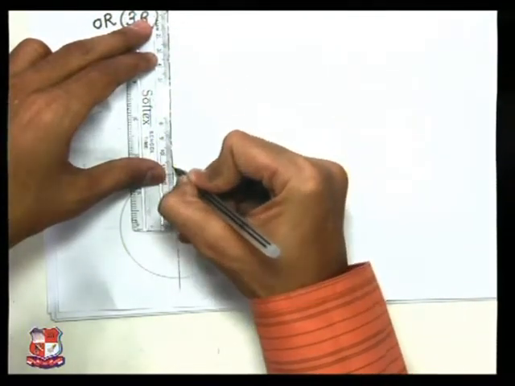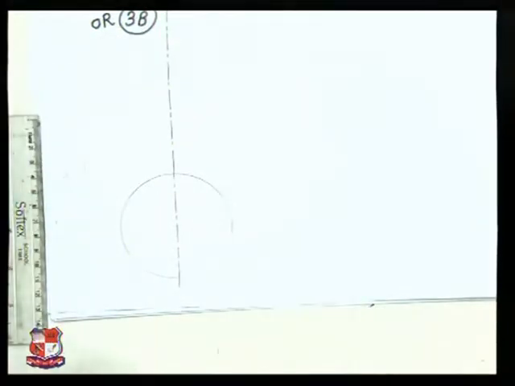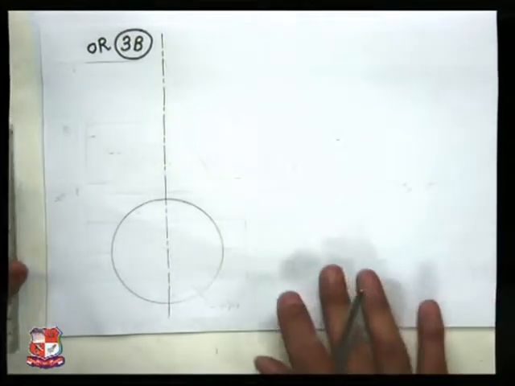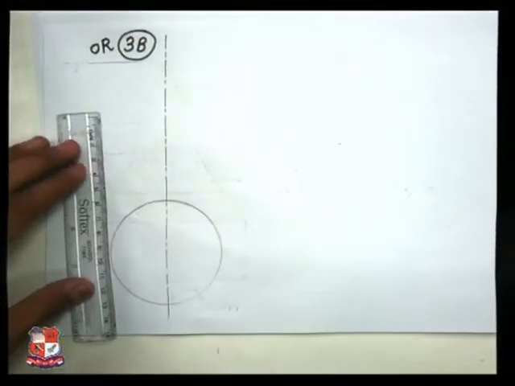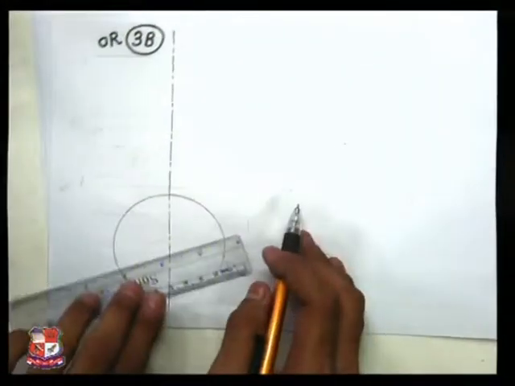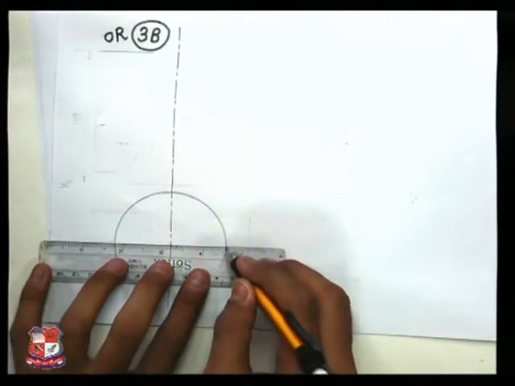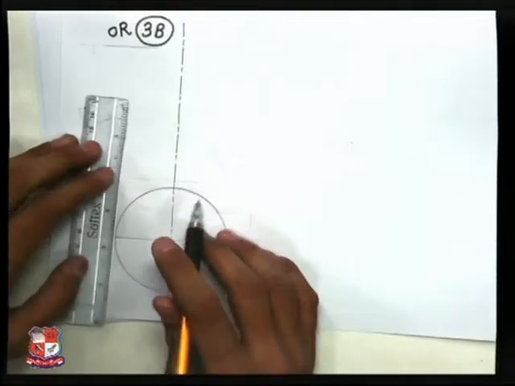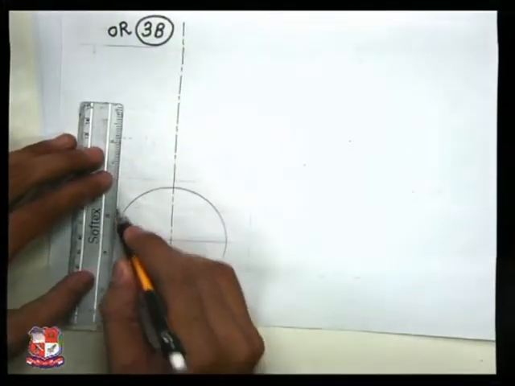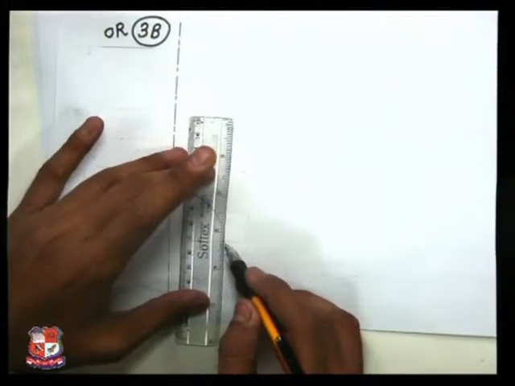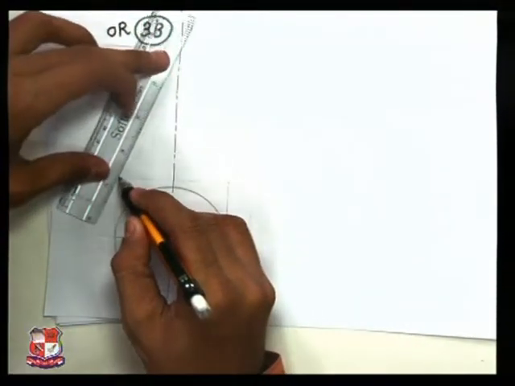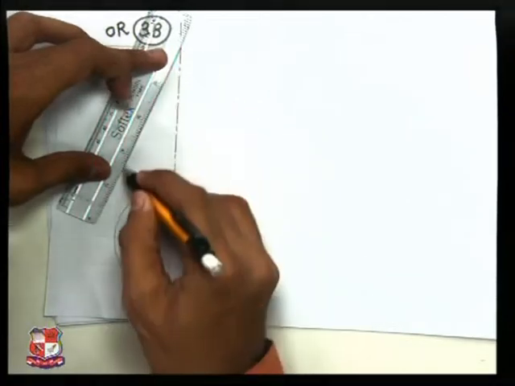In the examination you have to take care about timings, because it will take very long time to draw to the scale. So for that you should do long practice, and in examination also you should spare appropriate time to solve the problem. Suppose this problem is asked for 7 marks, so we have to provide 18 minutes only. Within 18 minutes this problem should be completed.